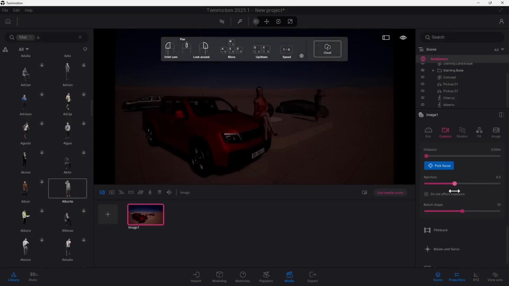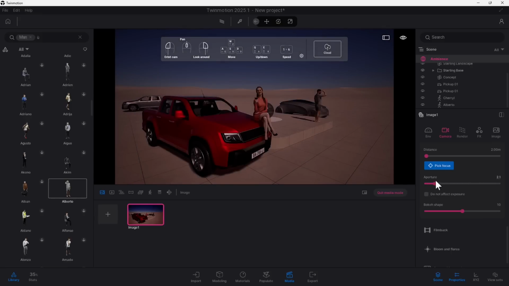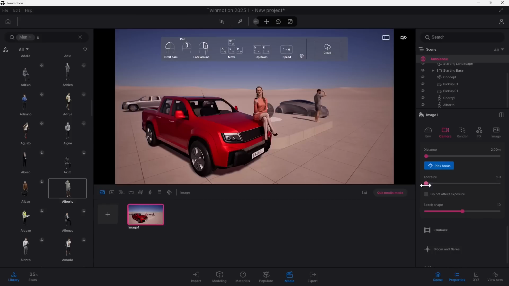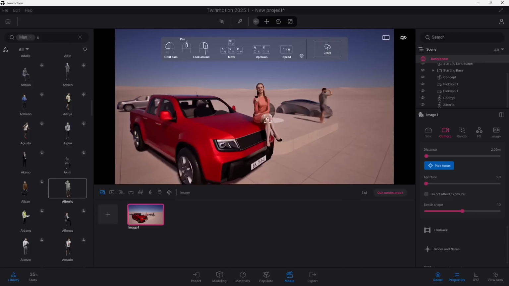So meaning that less light will come in and also less depth of field effect you will have. If you decrease this value, you will have more light coming in and more depth of field effect, and you are basically increasing the aperture. So it's kind of a little bit confusing, but this is how cameras work. This is called f-stop or f-number in real cameras. And also it affects the exposure in a way, or the amount of light coming in and out. You cannot go lower than 1, and 1 is a really low value to have a nice depth of field